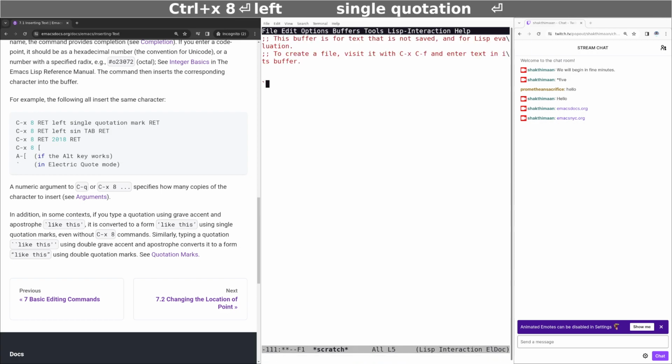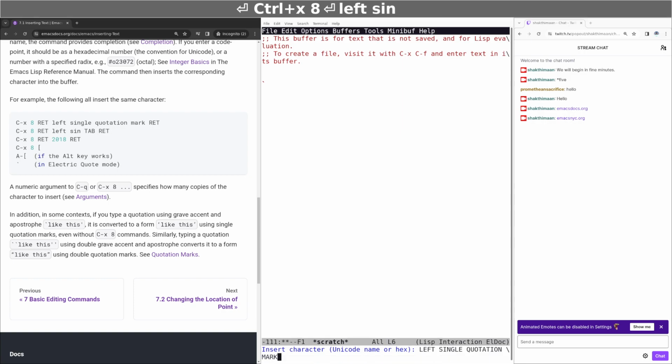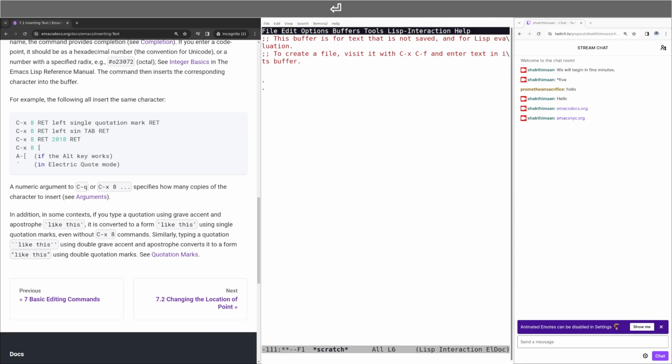Okay. That returns the backcode for me. I can also insert it using Control X 8 enter, left, then tab, so again left single quotation mark, enter, right. I can also enter it using Control X 8 enter, 2018, the code, and it will enter. Or I can simply say Control X 8